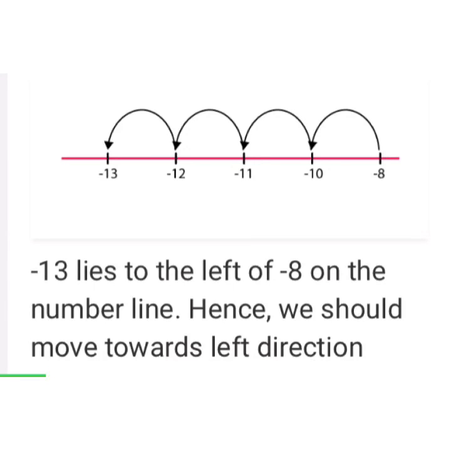Now the next one is, if we are at minus 8 on the number line, in which direction should we move to reach minus 13? Okay children, so see on the number line that we are on minus 8 and we have to reach minus 13. So in which direction will we move? Yes, we will move towards the left direction and we will reach from minus 8 to minus 13.